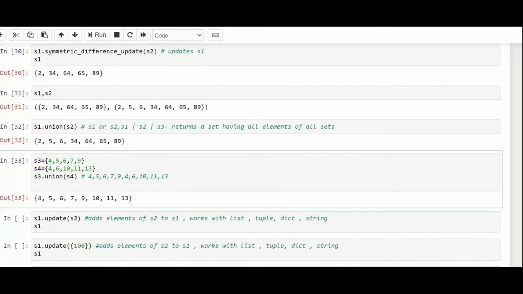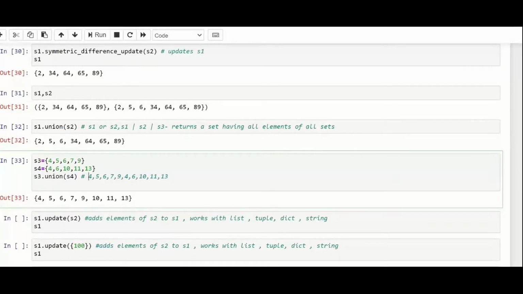It combines all the values from S3 and S4, and that is basically a union.